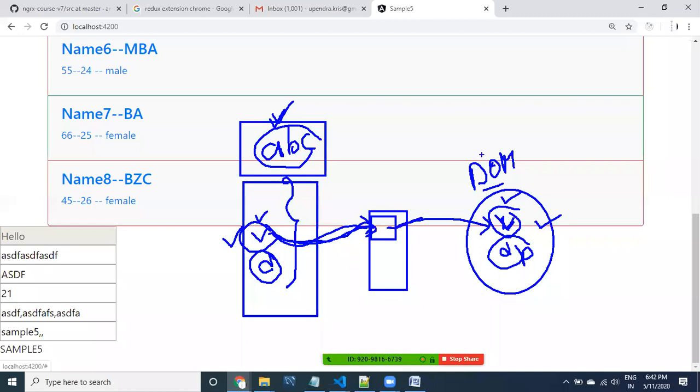Few attributes have properties, and few attributes may not have properties. In the same way, in the DOM I will have some extra properties, and for these extra properties there are no attributes available. So I have a property in the DOM but there is no attribute.